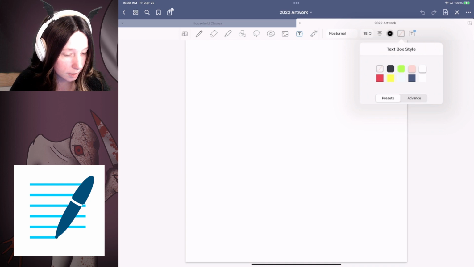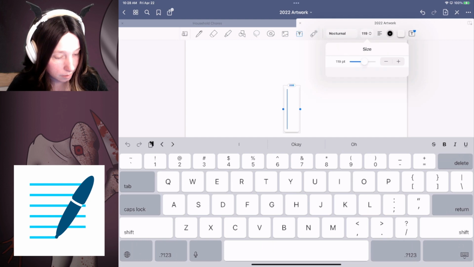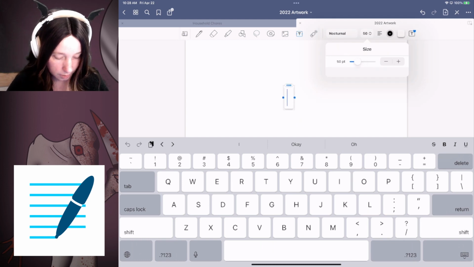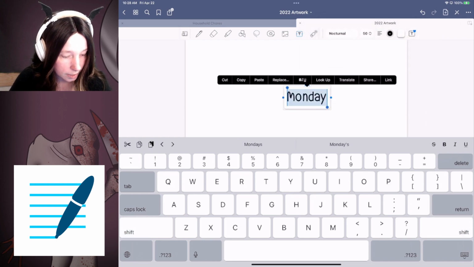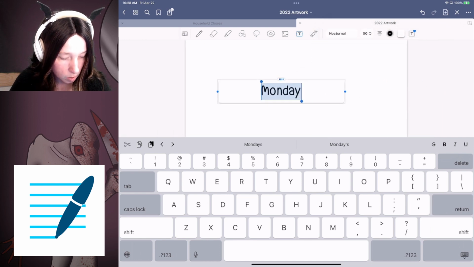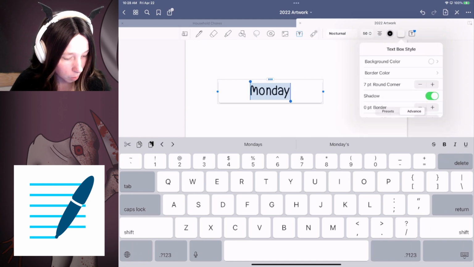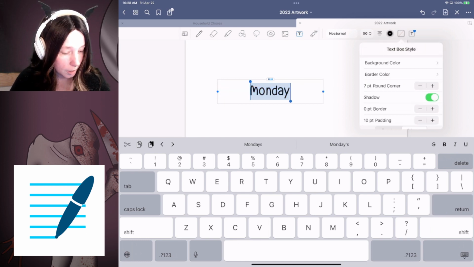So let's just take this white one, and then we're going to make our font a bit bigger, and then we're just going to type. So let's do, wow, that's a little bigger than I expected. Okay, so let's do Monday. Now you can highlight this and you can center it, which gives you more of a sticker, and you can also slide. And then you can come in here, go to advanced, and you can change the color of the background. So you can select from one of the presets, or you can go here to